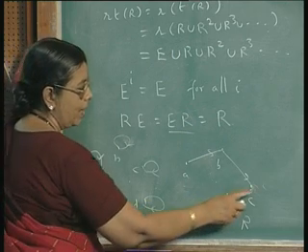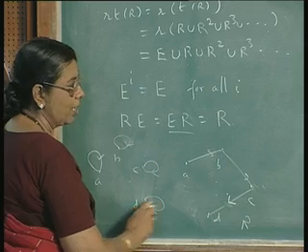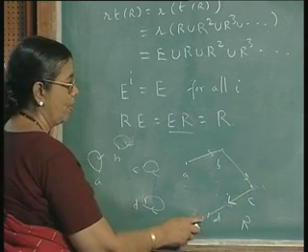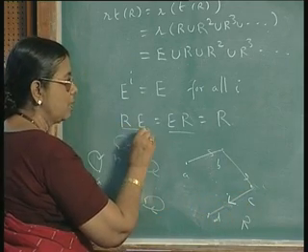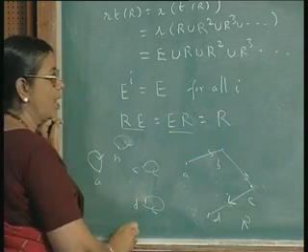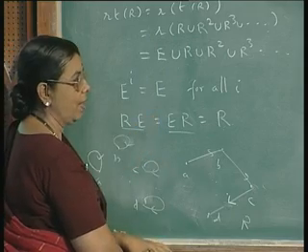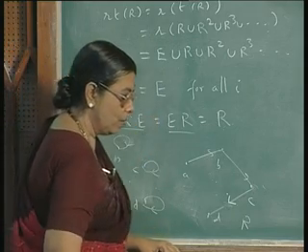Similarly, an arc from C to D combining with the self loop here will give you only the arc from C to D. So, R into E also will give you only R, E into R also will give you only R, and we also know that E power i is equal to E for all i. Making use of this,